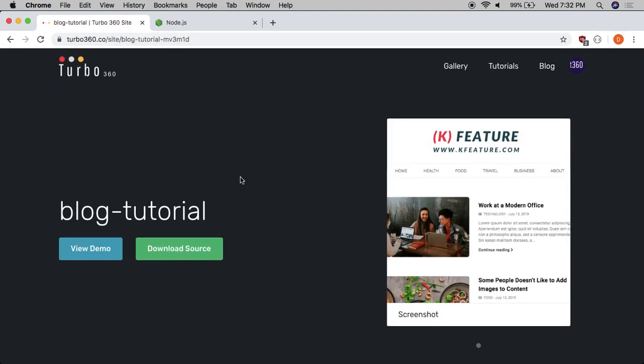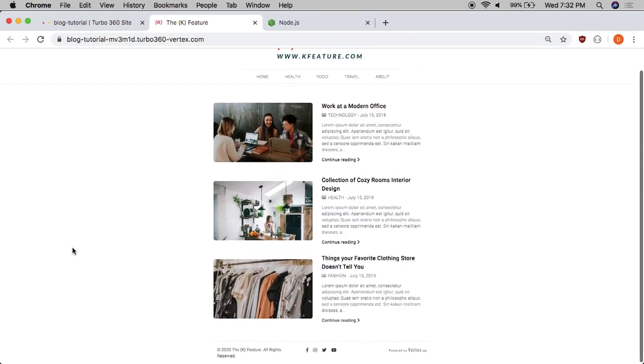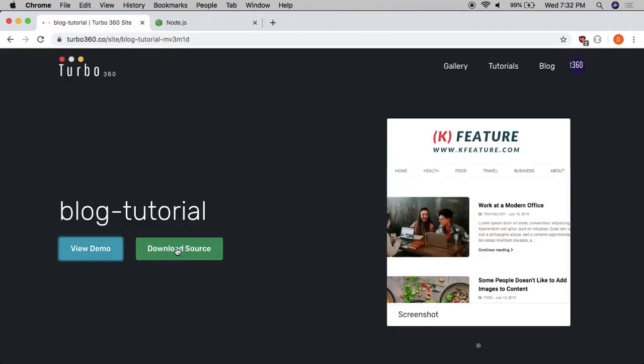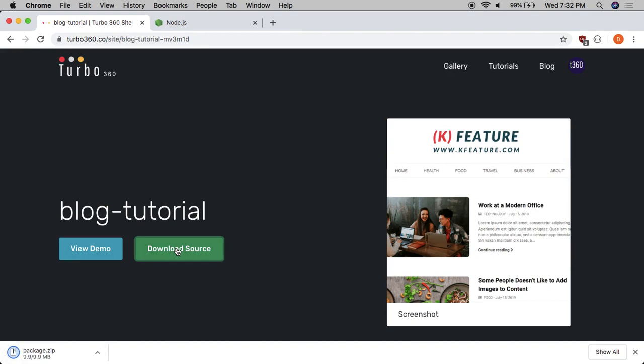If you want to see what you're working on, you can click on View Demo, and that's like an example of the website you're about to download. Okay, so here's the website, right? And I'm going to download it by clicking Download Source. And that downloads a package.zip file down there, right? And if I open that up,